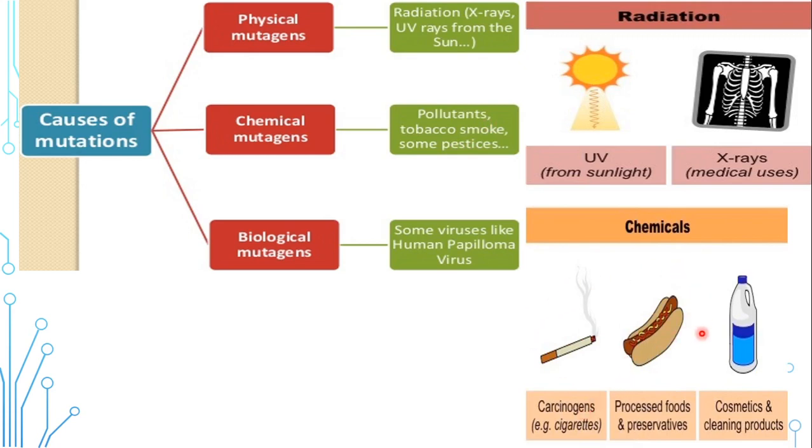Here there is an illustration also. The chemicals can be some carcinogens like cigarette smoke, tobacco smoke, and processed foods which contain preservatives. Those are chemicals, and when we constantly consume them for a long time, they may ultimately affect our genes and the DNA sequences. Cosmetics and cleansing products also affect. Perfumes and deo sprays, even they may have some deleterious effect in the long term,